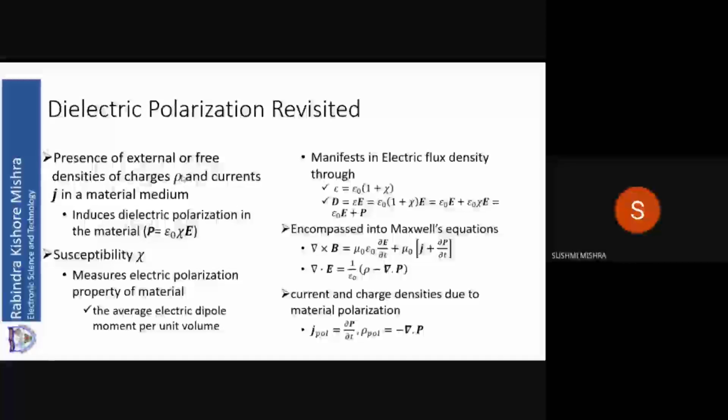In source-free space, polarization means the orientation of electric field. When you have charge or you have a source, then polarization means dielectric polarization, or orientation of the molecule, or response of the molecules of a material to an external electric or magnetic field. So with this, we will take some rest